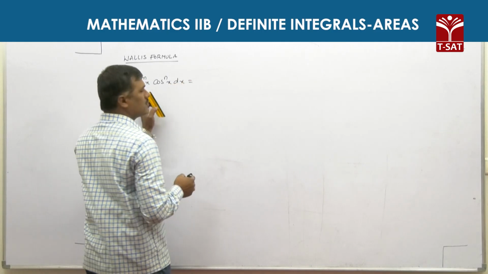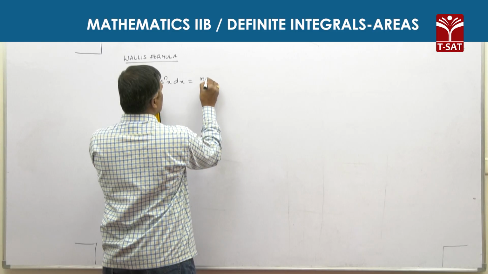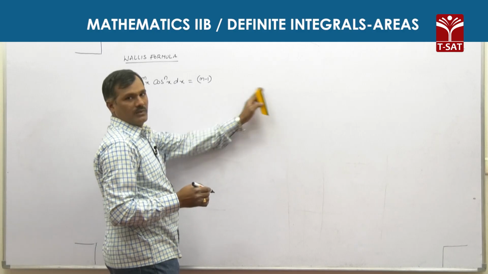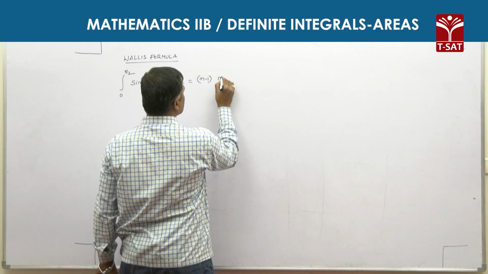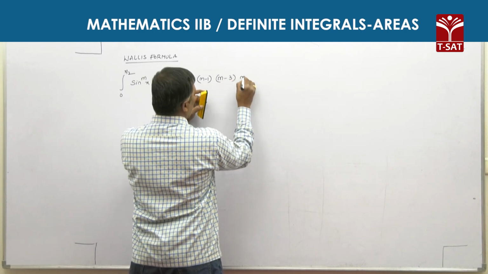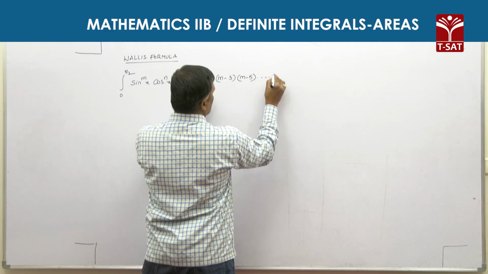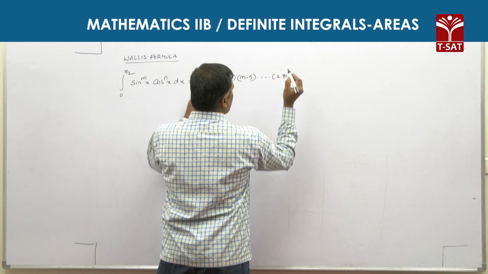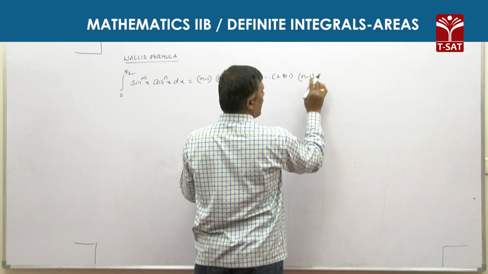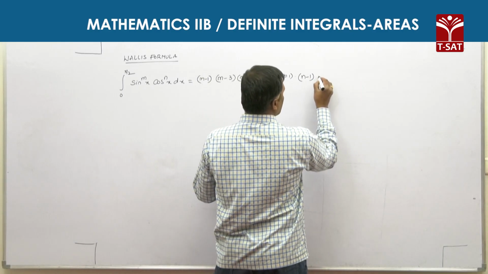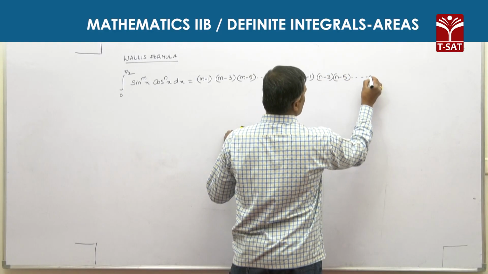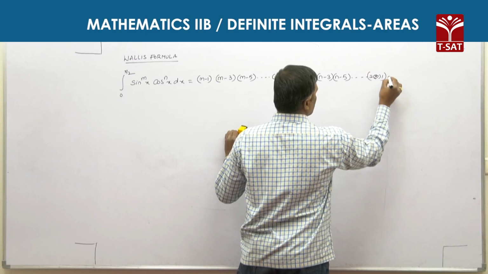To remember this formula simply, first begin with m minus 1 and go on writing the terms, reducing each term: m minus 1 reducing to m minus 3, m minus 5 and so on till 2 or 1, into, and next begin with n minus 1 and reducing every term, n minus 3, n minus 5 and so on till 2 or 1, whole divided by